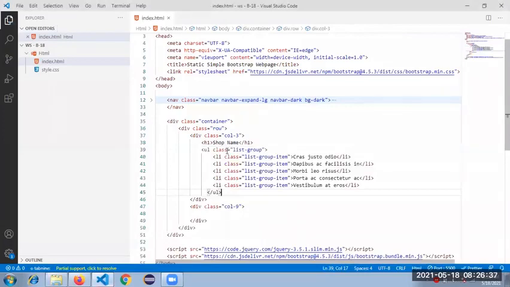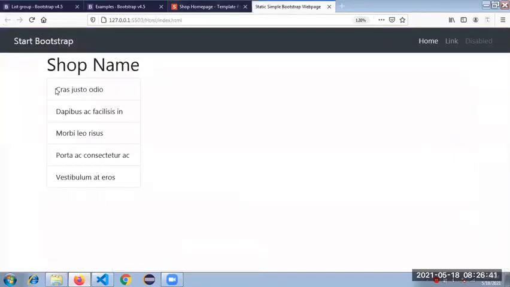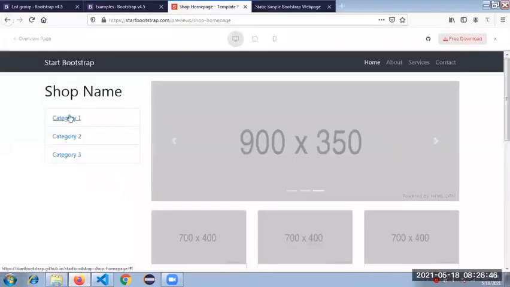Let me see how it looks on the screen now. Okay, something like this we are getting, right? But it has to be like hyperlinks, right?